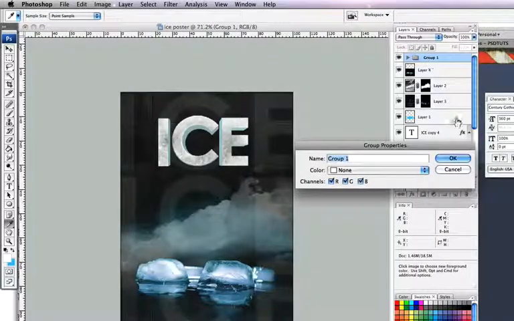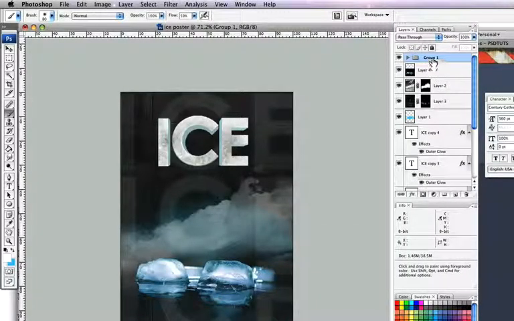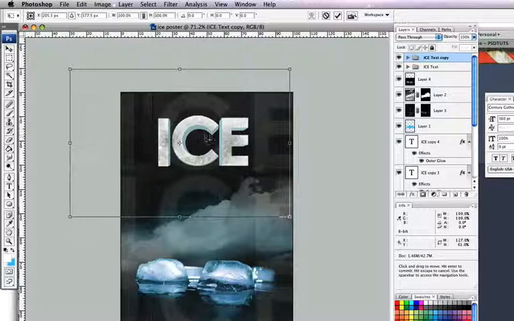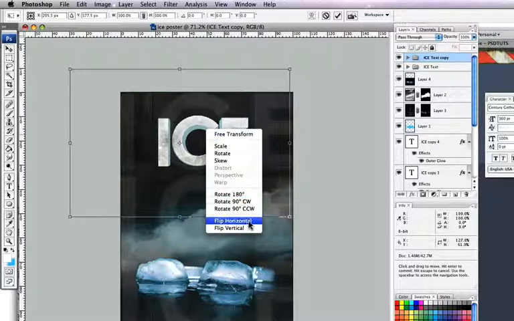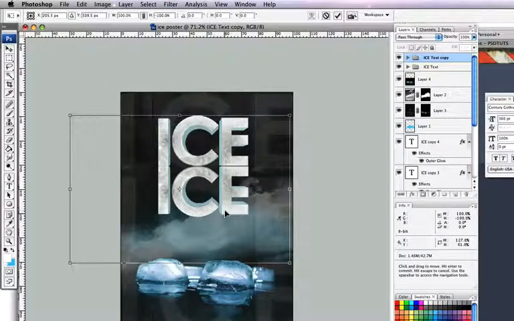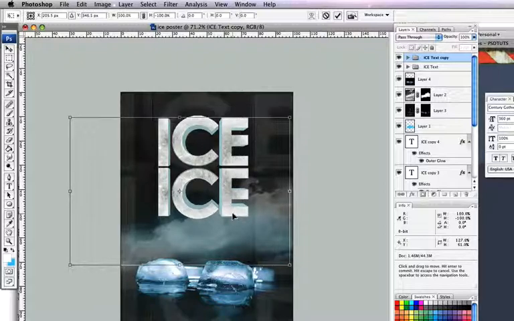I'm going to call that folder ice text, hit enter, and then I'm just going to duplicate that folder, and then I'm going to Command T, I'm going to flip it vertically, and I'm just going to move it down below our layer like so. I'm just going to nudge that down just a bit, give ourselves some space,